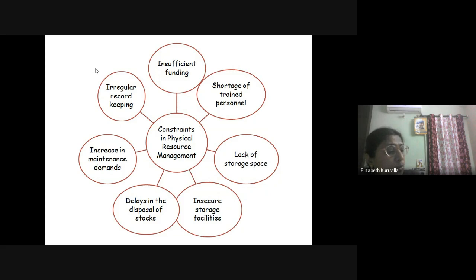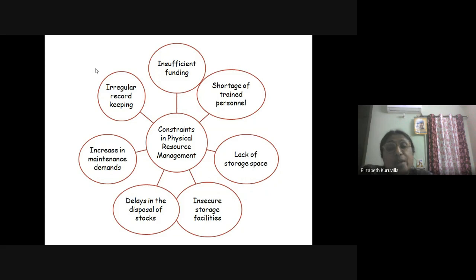Whether you have a good conference room for conducting workshops. For conducting a big meeting or something, where will you conduct it in your school? Suleiman? Whether you have a big hall for conducting meetings, yes or no? Yes, ma. Okay, you have that provision also. So sufficient funding is an important thing. So the constraints, one, we can tell that in some cases insufficient funding.